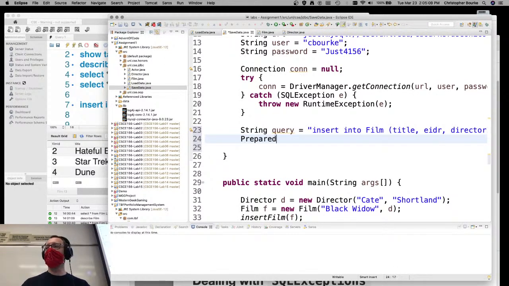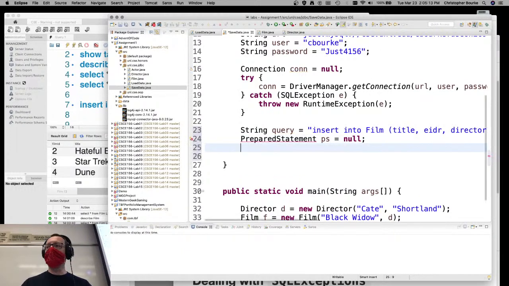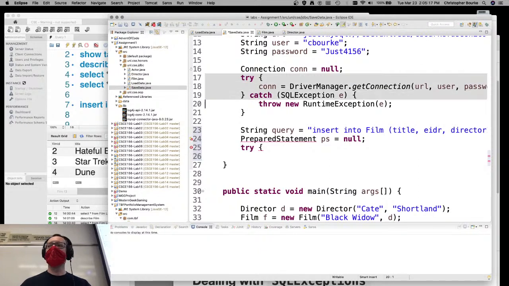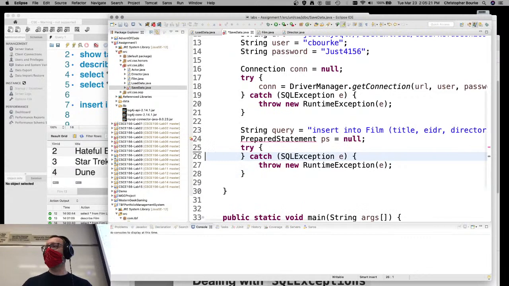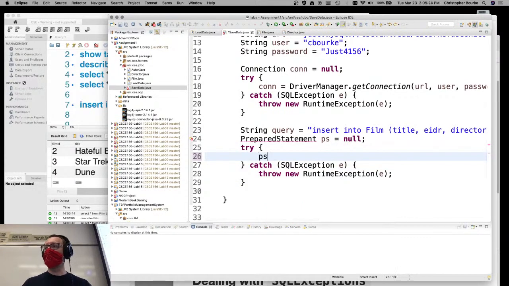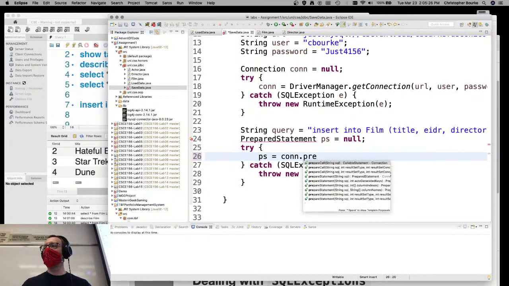So prepared statement, PS, is initially equal to null. And remember that everything has to be surrounded with a try-catch statement here. Right? And so I will go ahead and prepare the statement. PS is equal to con dot prepare statement